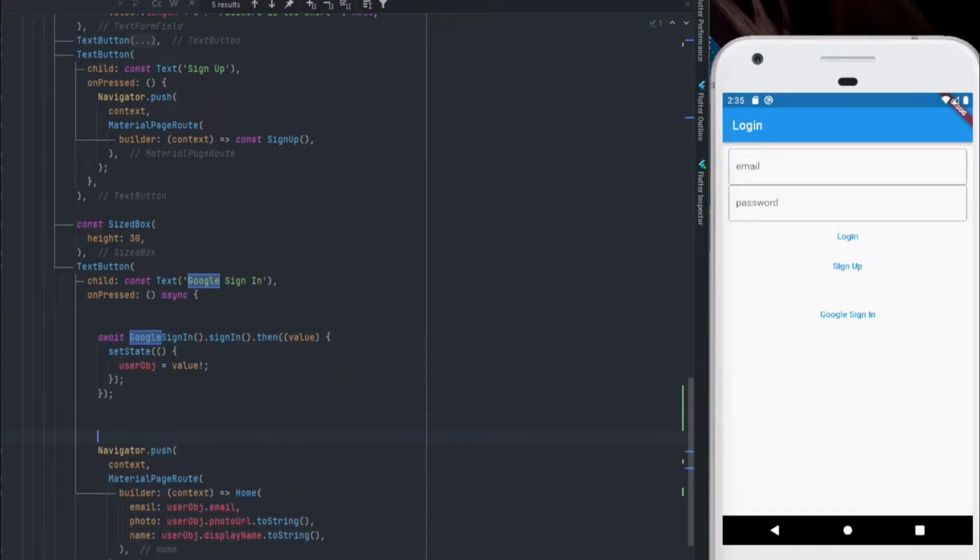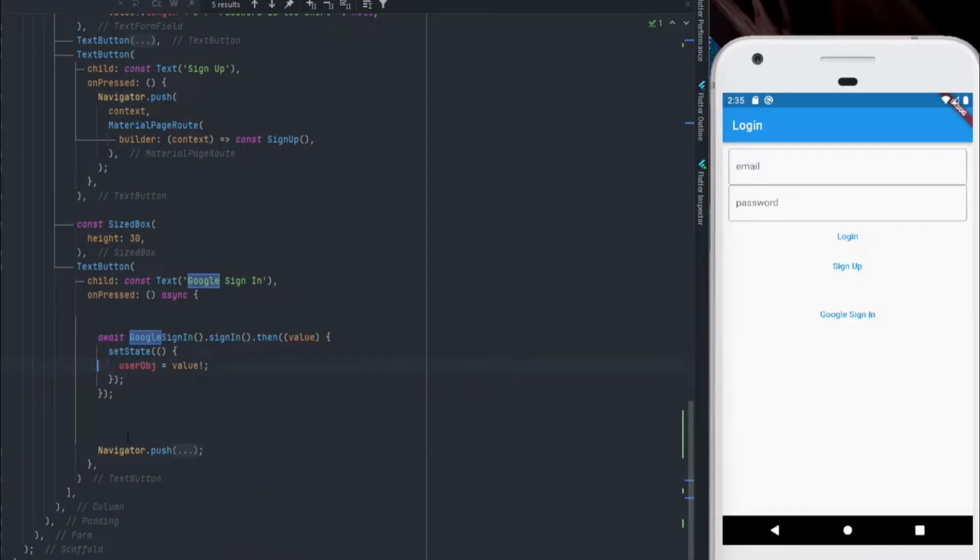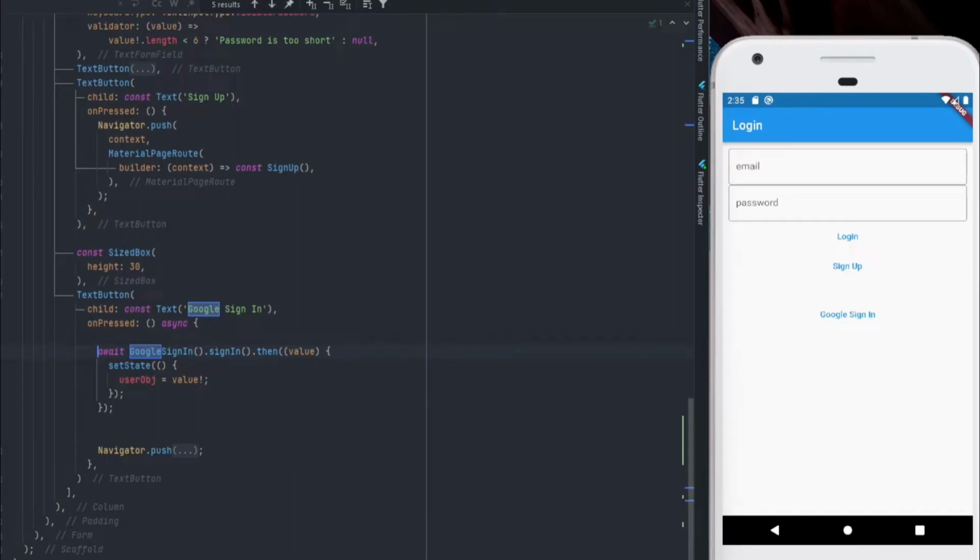We'll just give it a gap after the navigator, we close that. We don't need to do anything with that. This is our Google sign-in function. So we'll set that as a variable, and the variable name will be googleUser. So it will be a final variable of the type GoogleSignInAccount,